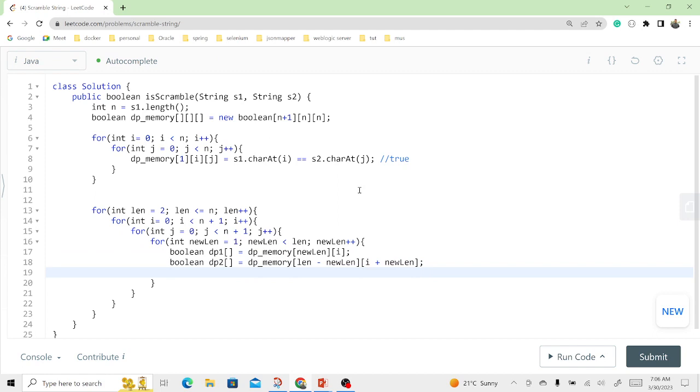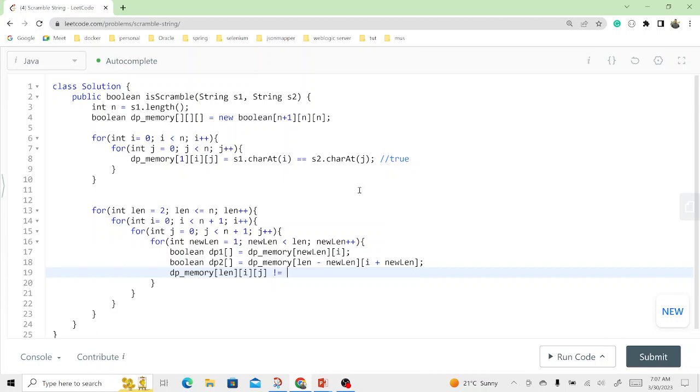There is another thing that we have to check. Sorry, not dp, we have our dp memory, right? On the dp memory we'll check our length, another will take i, and another will take j. If this length is not equal to what,